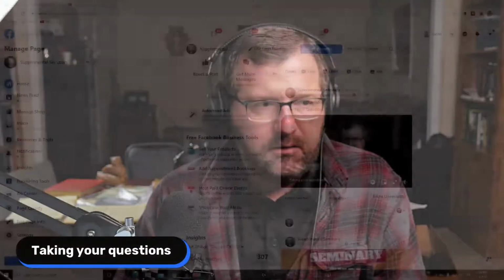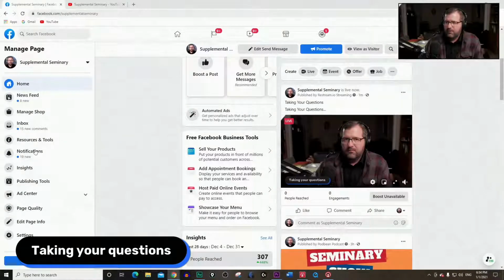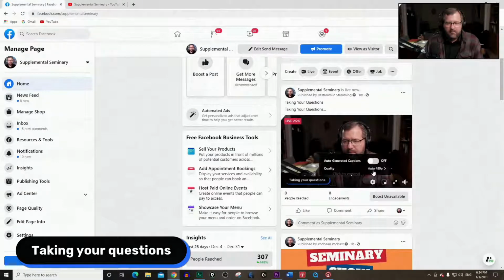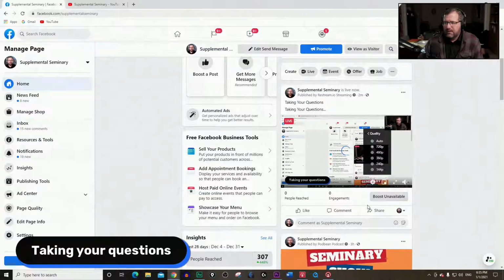So what I want to show you is if I go to the screen like that, put myself on the screen, then what you want to do is go over to this little cog. And here's where the difference is going to be. You click on the cog, and it says that the quality says 480. Okay. So I'm going to click on that. And well, actually it says there that the highest for Facebook is 720. So that's the highest quality to view this video.